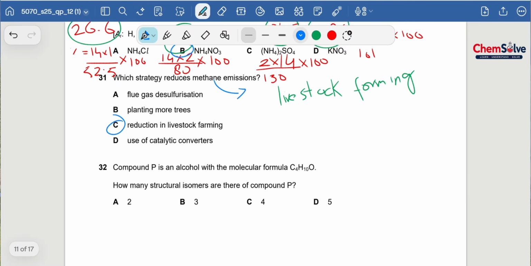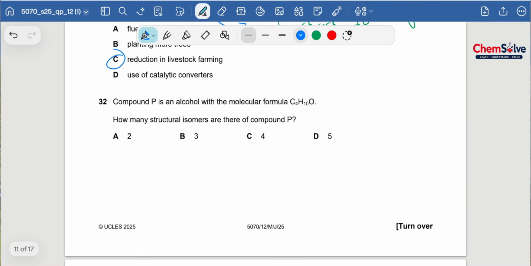Now move to 32. Compound P is an alcohol with a molecular formula C4H10O. How many structural isomers are there for compound P? Okay, let's make the structural isomers. So it is C4H10O. So the first isomer would be